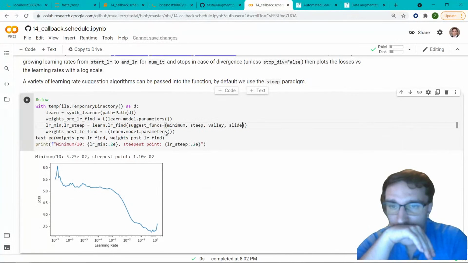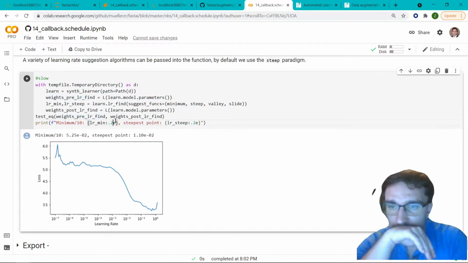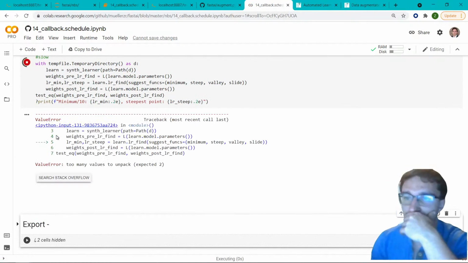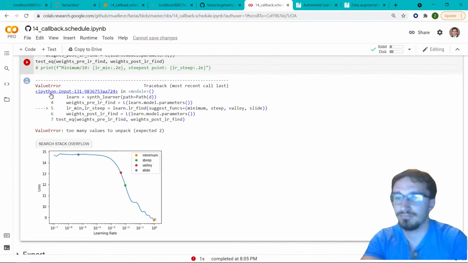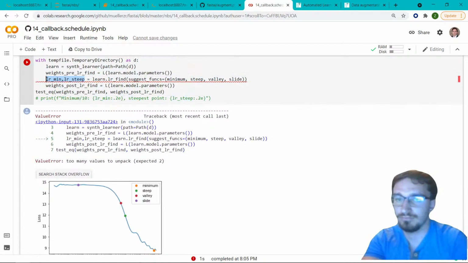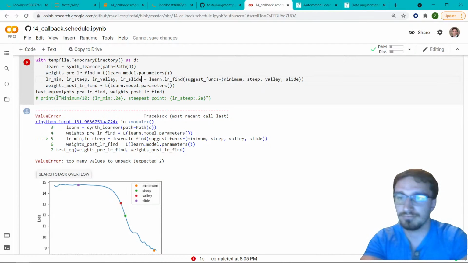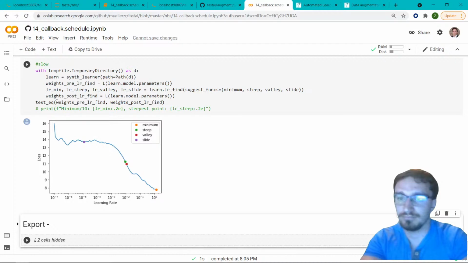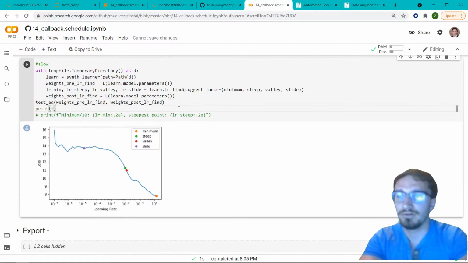And let's see how that looks. LR min, LR steep, LR valley, LR slide. Awesome, there we go. So now let's print it out. We'll do minimum divided by 10, LR min dot 2e, steepest point, LR steep,